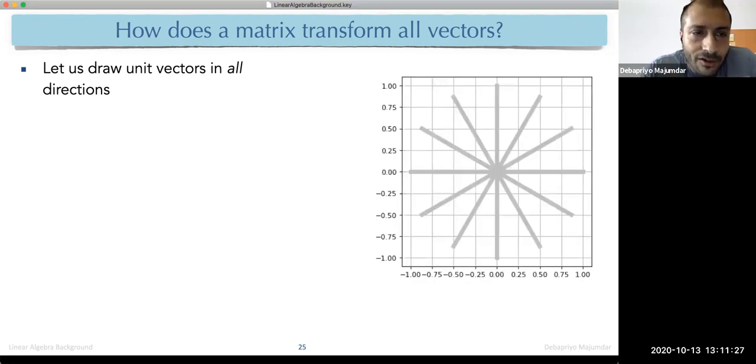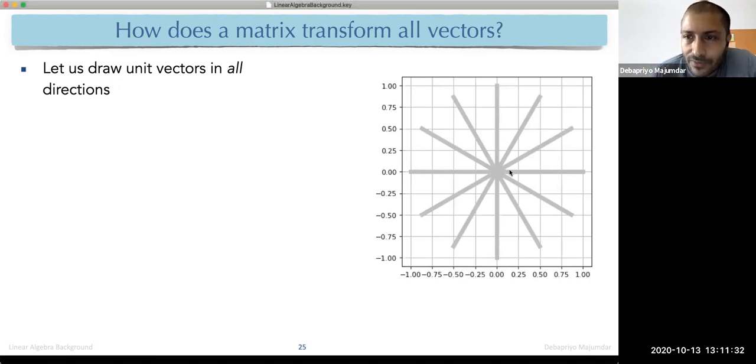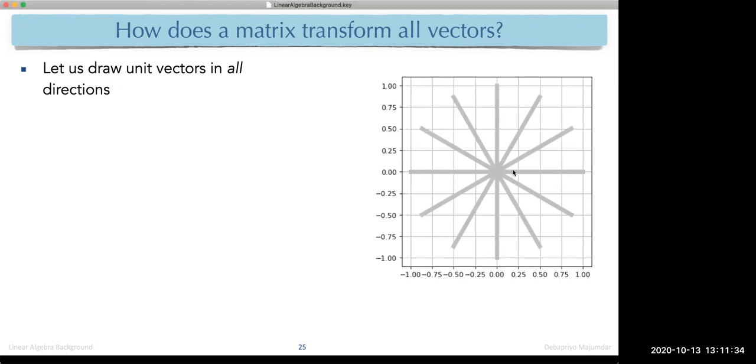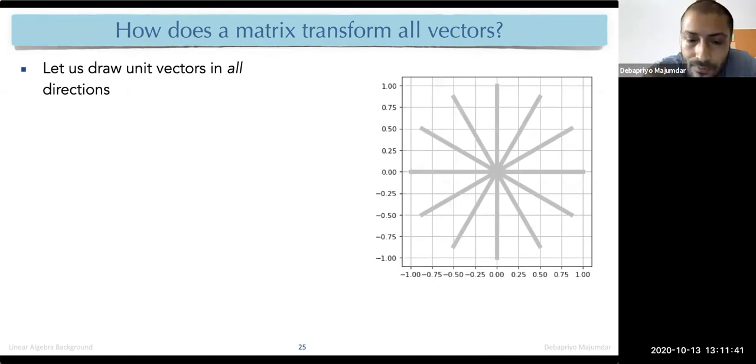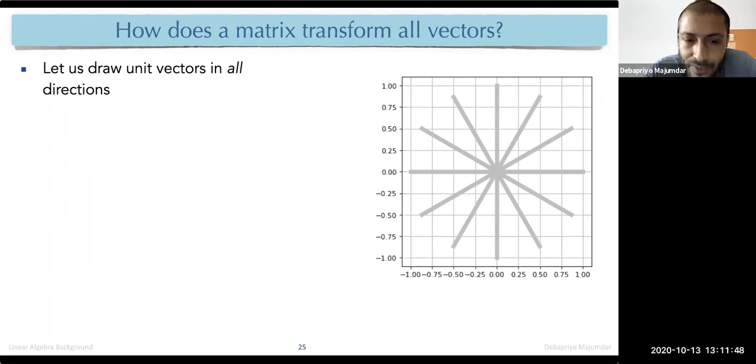So let's draw unit vectors in all directions. Sir, I have one question. Yes. Sir, projecting onto a pair of basis vectors, for example, we change the basis, right? We saw the transformation of basis. Projecting onto the basis vector axis is the same as transforming to that basis? It is actually a linear transformation, but not from the same space to the same space. It is actually a transformation from a higher dimensional space to a lower dimensional space.